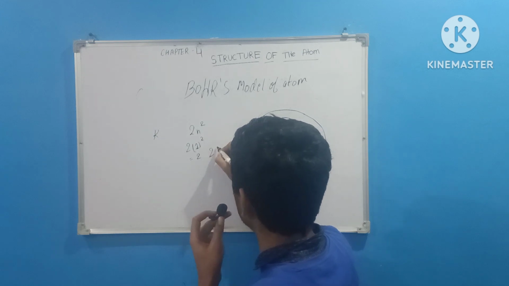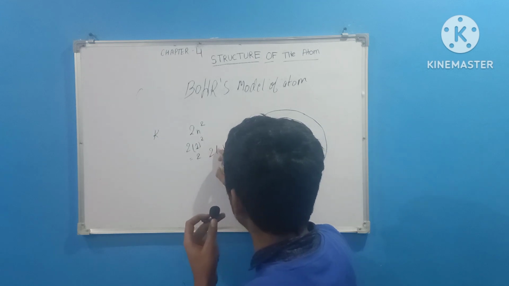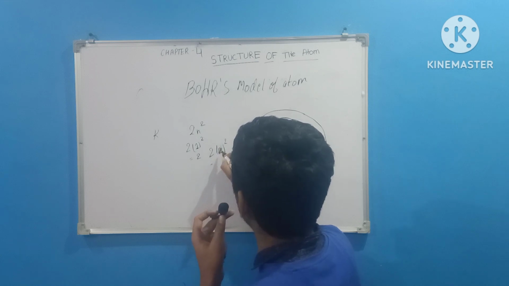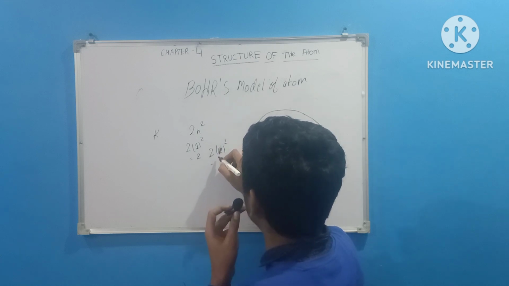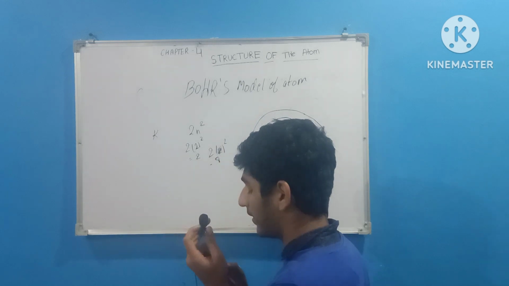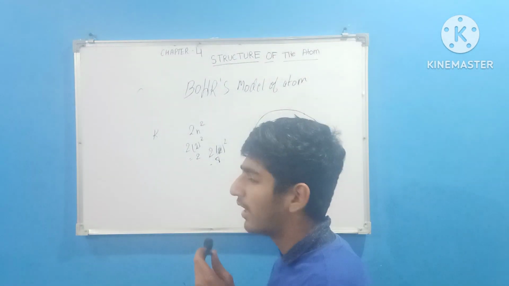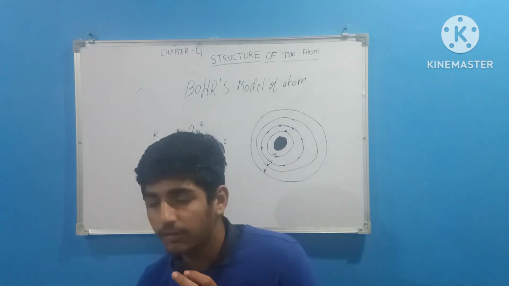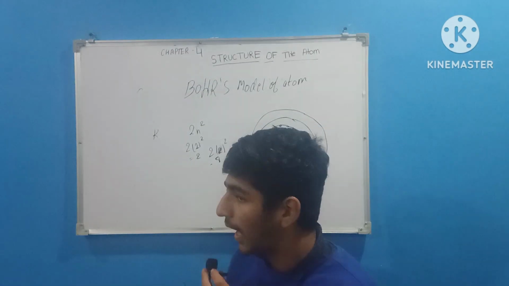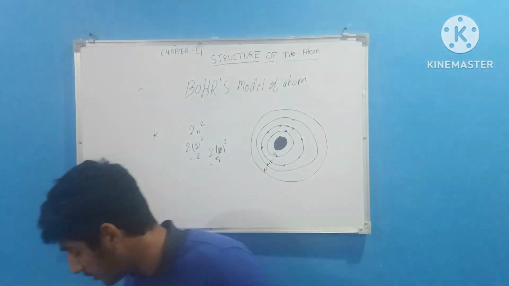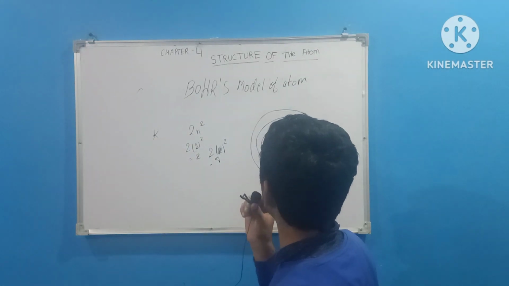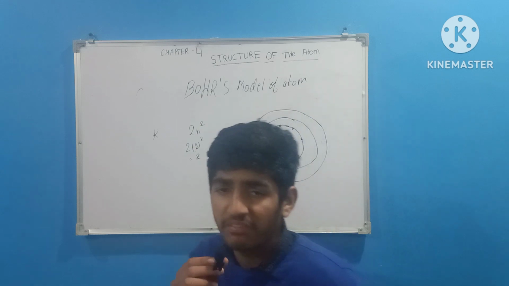So 2 square is 4, into 2 is 8. The number of electrons is 8, but it fails after M. This formula does not work on the others, and so Bohr also has